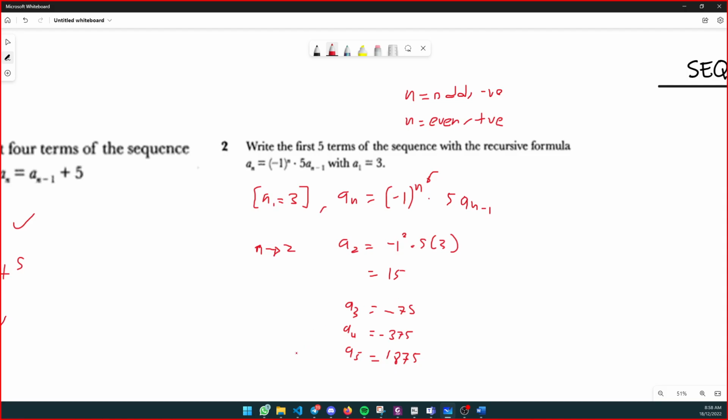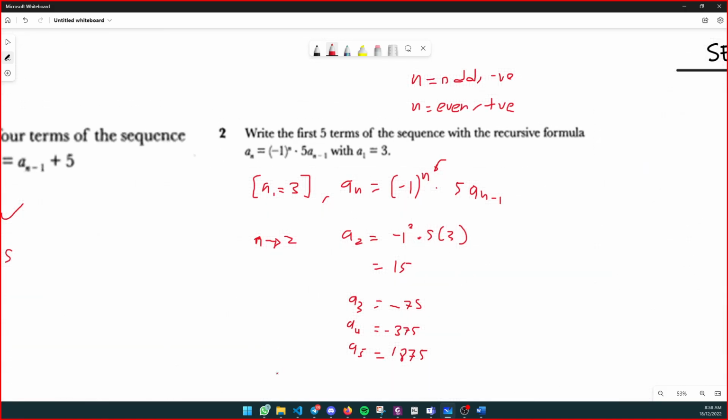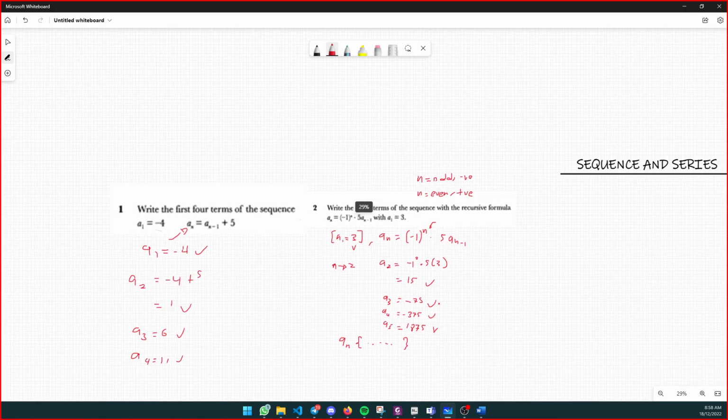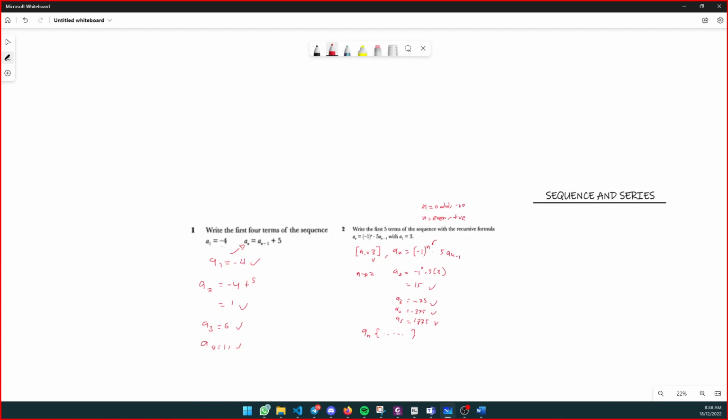You can leave it like that, or you can write it like this, and put them all here, and so close enough. No problem. I think this is sometimes troublesome, getting it like this, so I just like to leave it like that. But make sure you always write down your A1, A2, A3, A4, A5 clearly, so you mention these are the terms. Okay, that's just one thing you have to do. Okay, I think we can go for